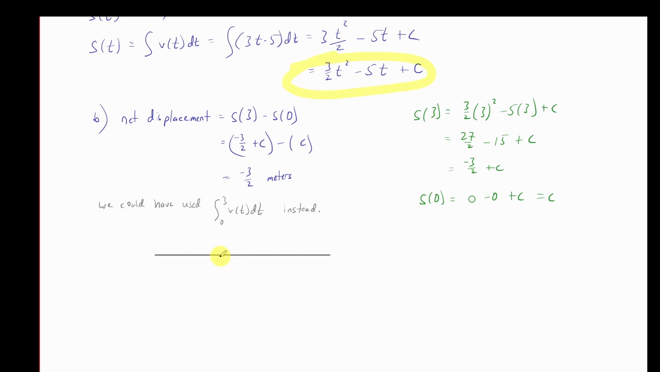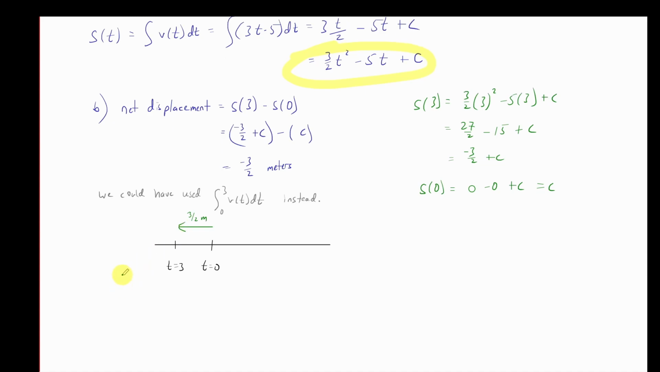So if I think about this particle, at time 0, it was somewhere. And at time t equals 3, it was 3.5 meters less. So if I'm labeling things on a number line, that's going to be 3.5 meters to the left. I'm sorry, 3/2 meters. So what this means, this negative value just means that we end 3/2 meters to the left of where we